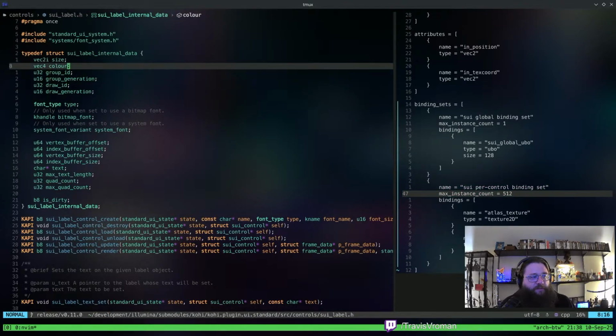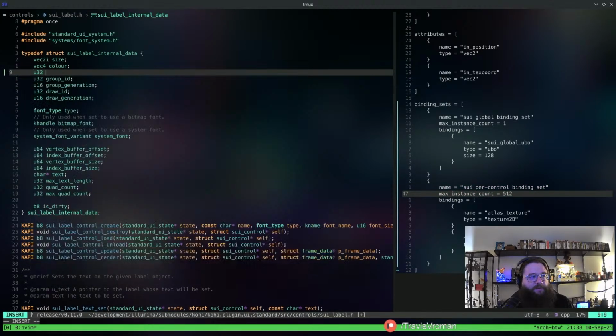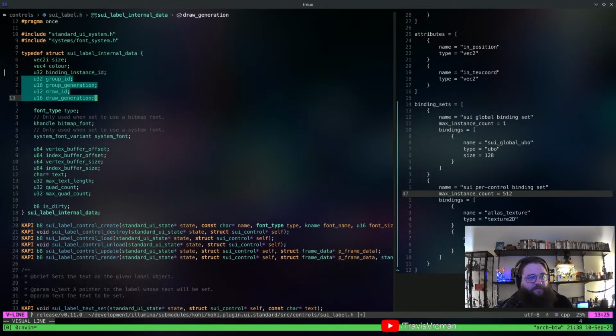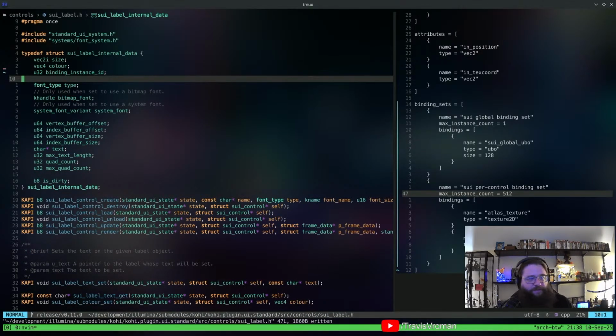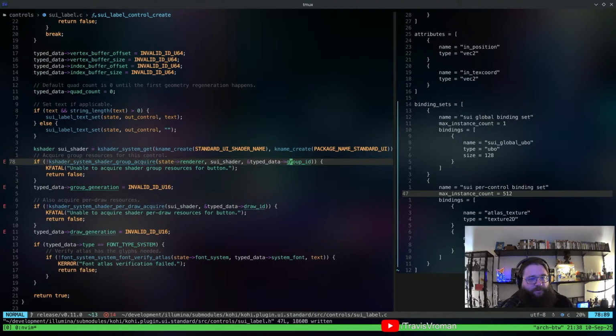So we're going to say U32 binding instance ID. That's what we're going to call that. And get rid of those, right?